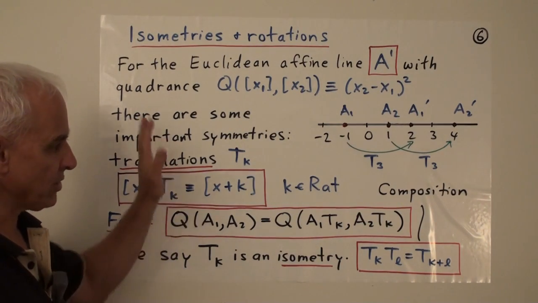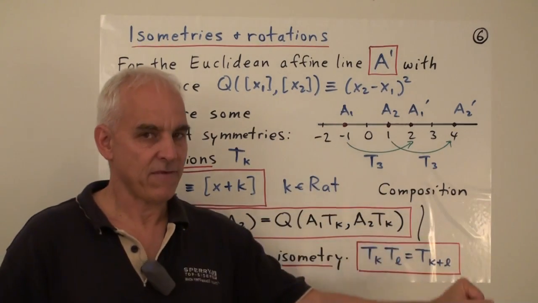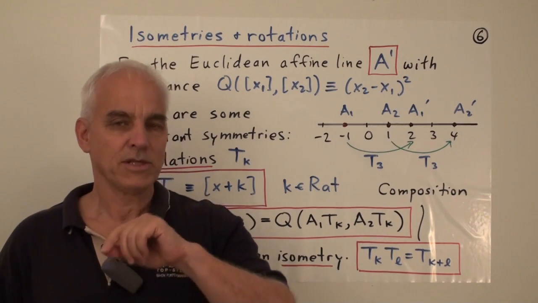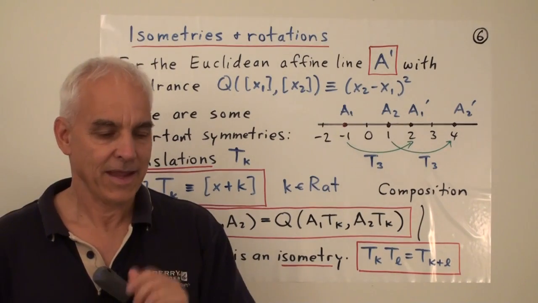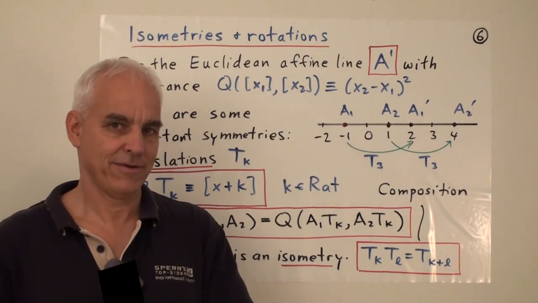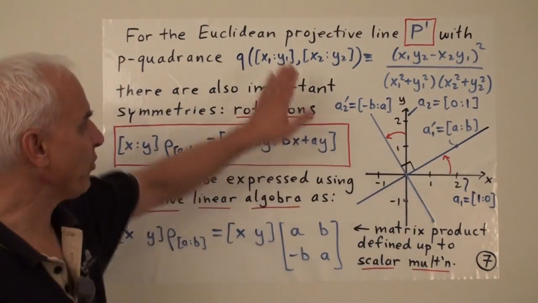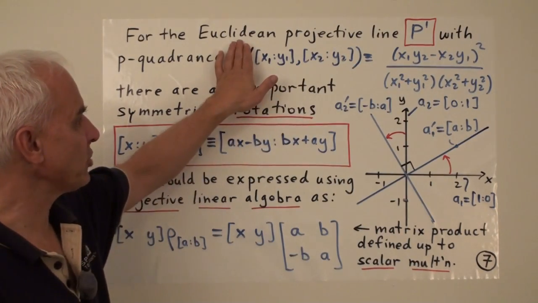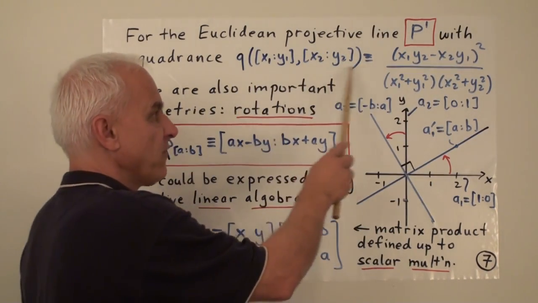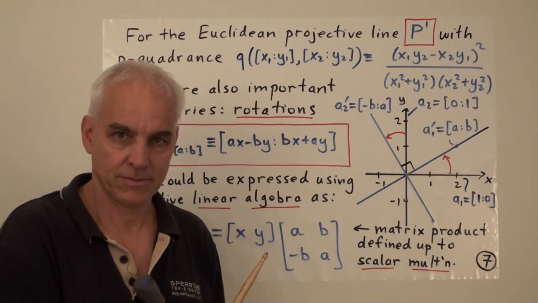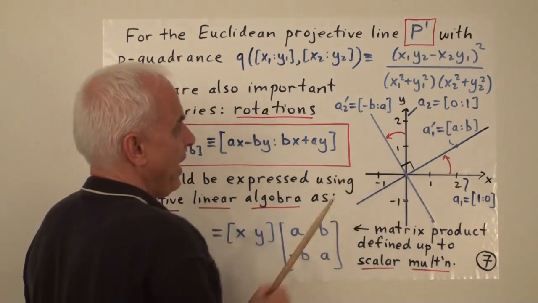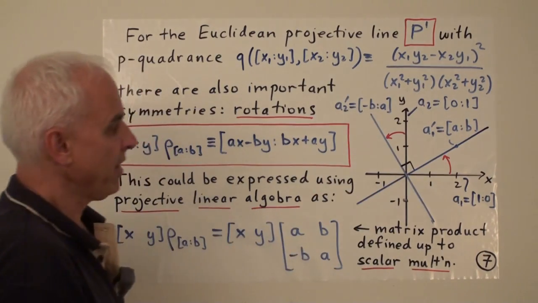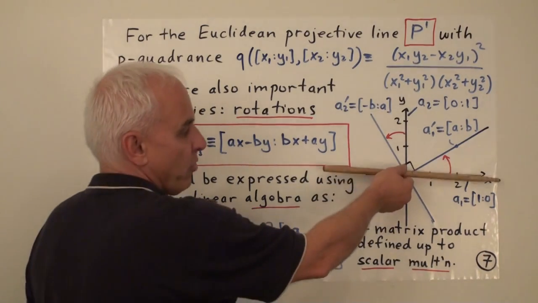Okay, so with that introduction to the affine situation, we now want to investigate what's the corresponding story for the projective line? It's considerably more subtle there. So let's have a look at the projective line with this Euclidean structure given by this projective quadrance that we've defined. We have lines through a point, and we have this projective quadrance that, for example, allows us to define perpendicularity.